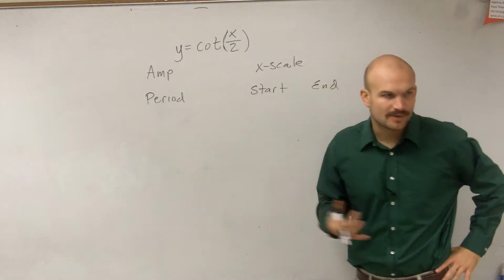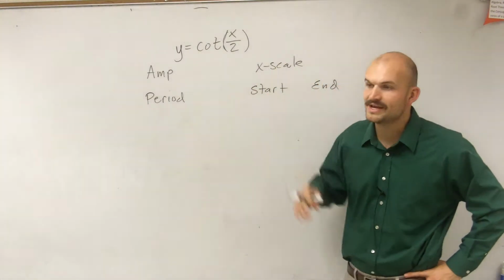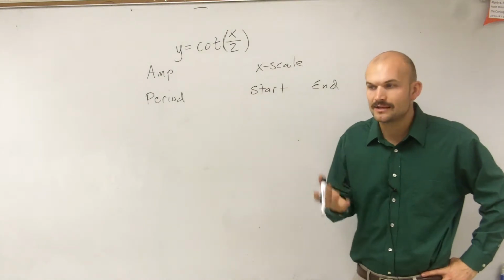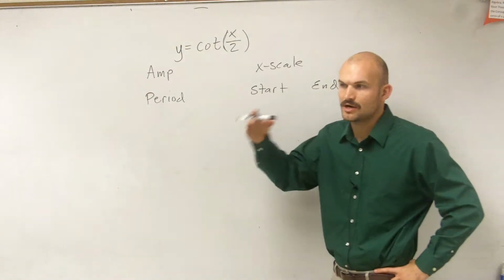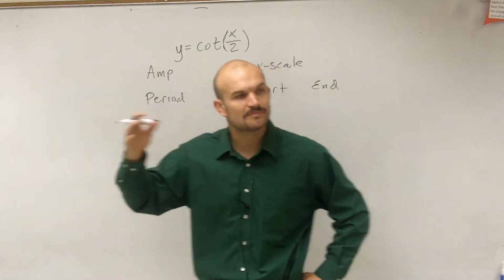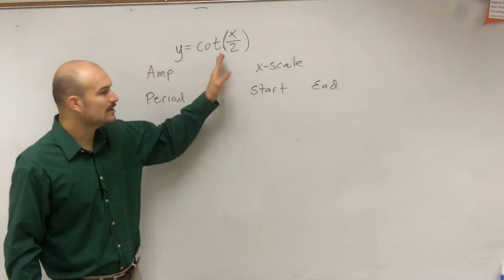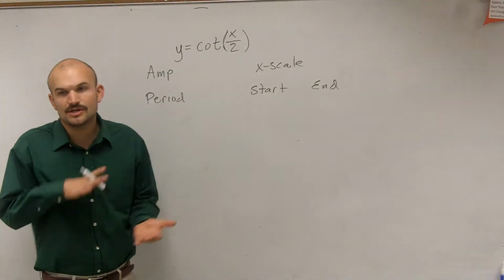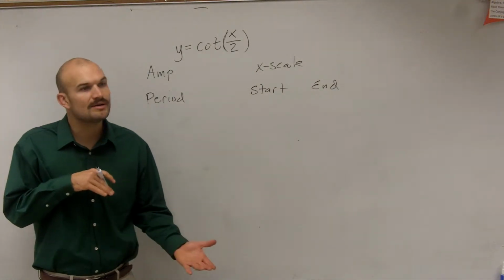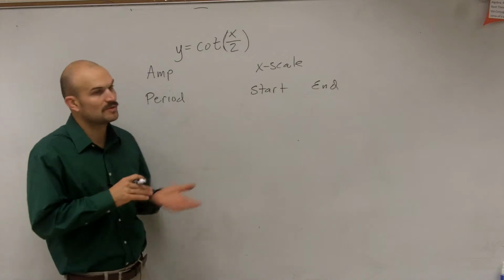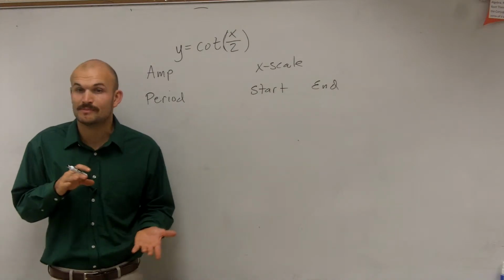When looking at the parent graph of our cotangent graph, remember we first started off with the parent graph of sine, then the parent graph of cosine, and then learned how to graph from there. Well, looking at the cotangent graph, there is no maximum height or minimum height. Therefore, the amplitude, which is the half distance between the maximum and minimum height,